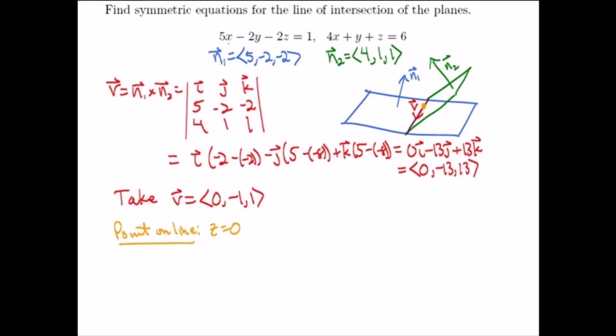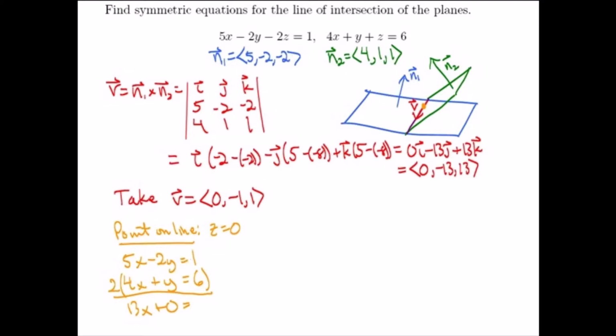y. So I'd have that 5x minus 2y is equal to 1, and 4x plus y is equal to 6. And again, what I'm really doing here is finding where this line of intersection of these planes intersects the xy plane. So let's solve this system. Easiest way to do it probably is to multiply the second equation by 2 and eliminate the variable y. It's going to give me 5x plus 2 times 4 is 8x. That's 13x. 0 y's there,